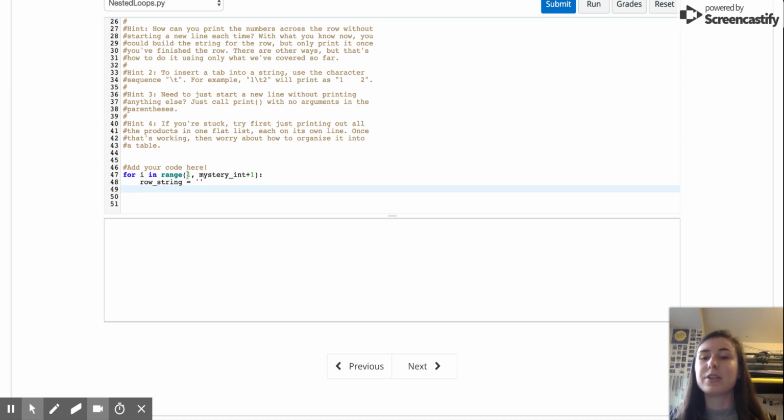Okay, now we can start working on our inner loop, right? Because we've defined those starting numbers for our times table. So now we want to multiply 1 by all the numbers in 5. So that just means we use the same range,